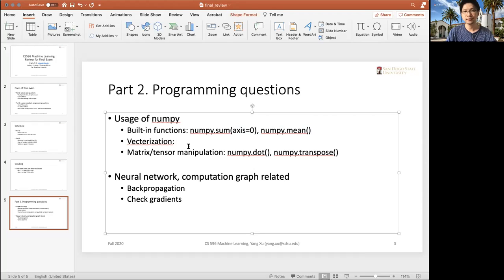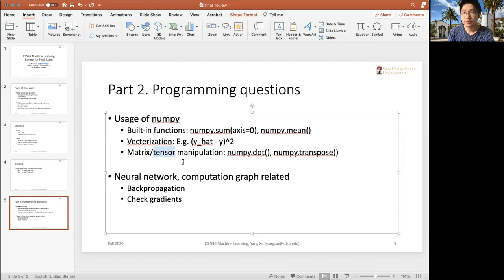Take the mean square error as an example. So you basically need something like y hat minus y to the power 2, right? And these equations are valid even if those y hat and y being subtracted or added are vectors. So there will be basic questions similar to these types of mathematical expressions. And also for matrices or tensors,